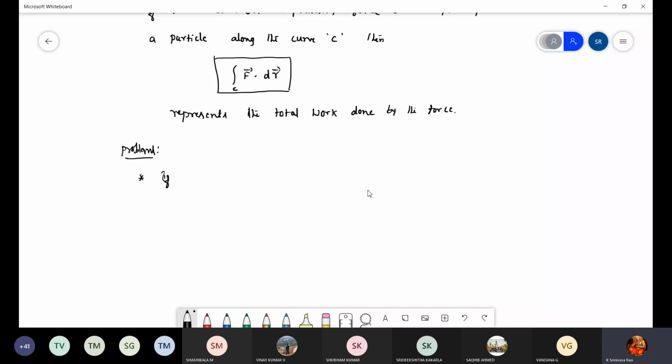If F equals xy i cap plus yz j cap plus xz k cap, evaluate the integral,